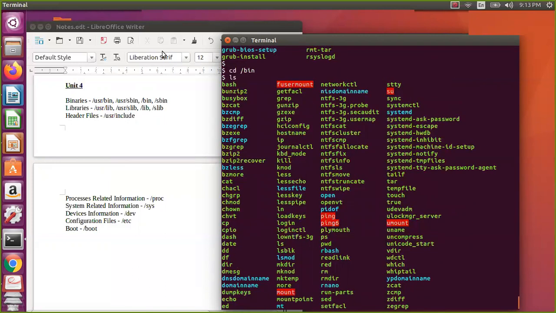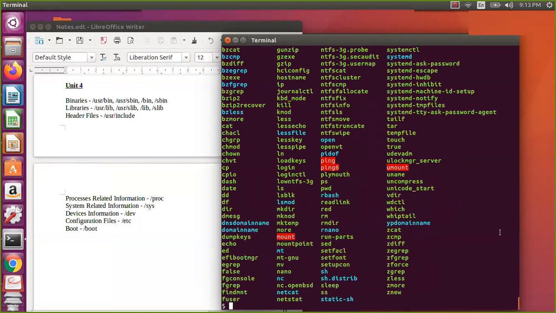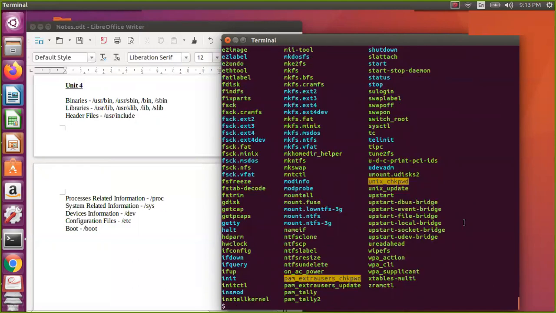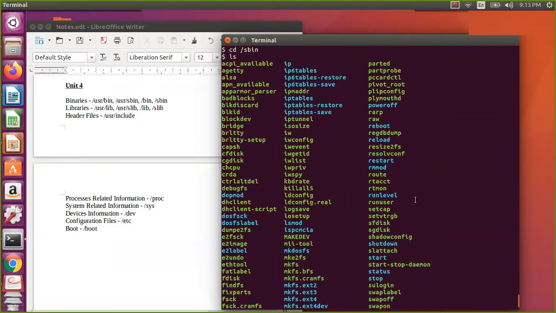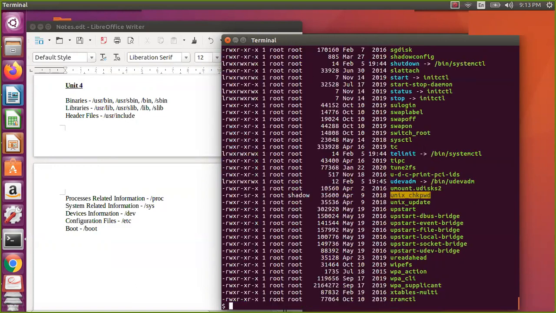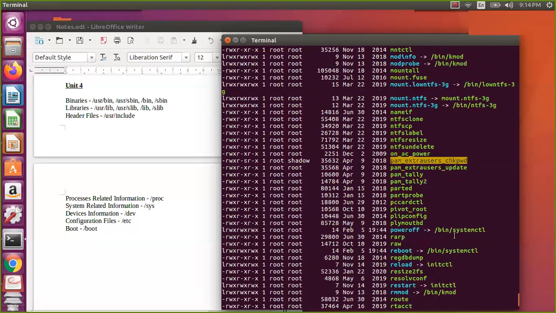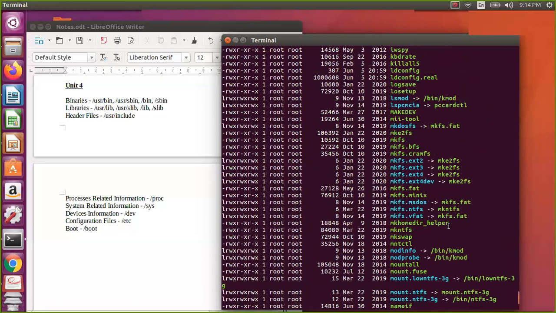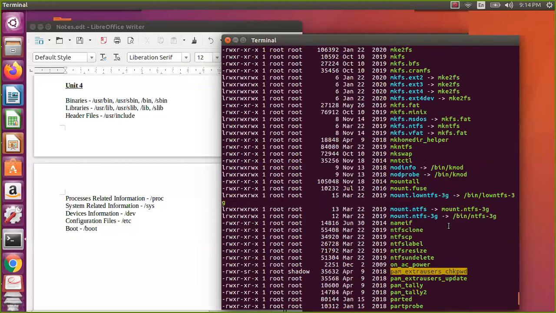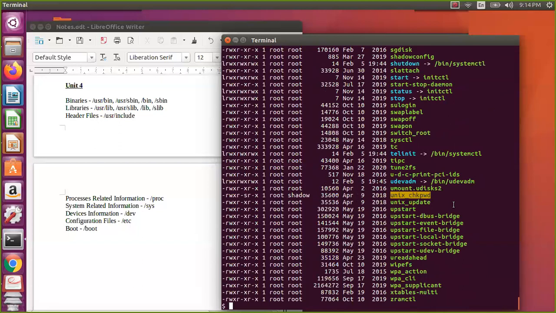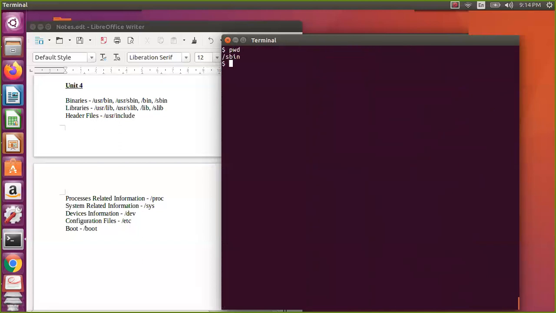Now bash is also part of /bin, and that is a shell. Let us assume I want to go to /sbin. In /sbin you have the system binaries. If you say ls -l, you can see these are the system binaries. Some are link files and some are executables; mostly they are links and executables. We'll see how you will know whether it is a link file, a shell script, a Perl file or any other script file. So these are the binaries.